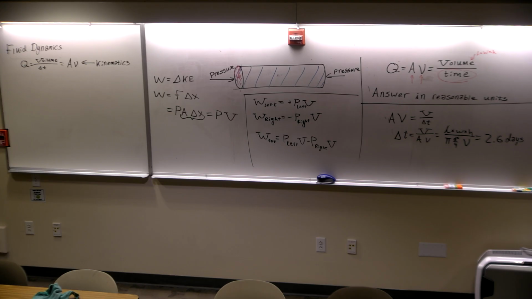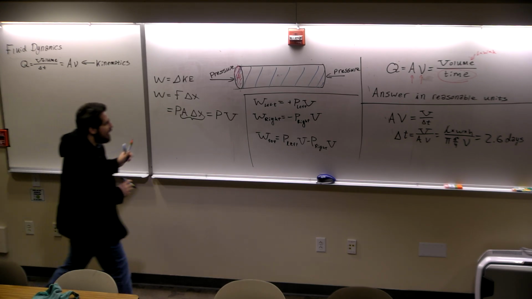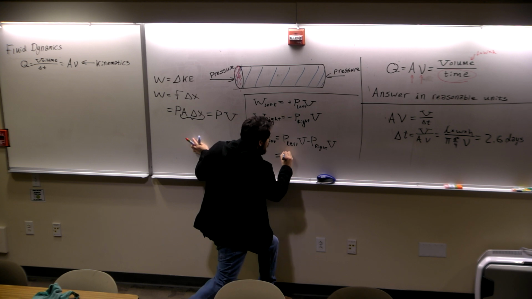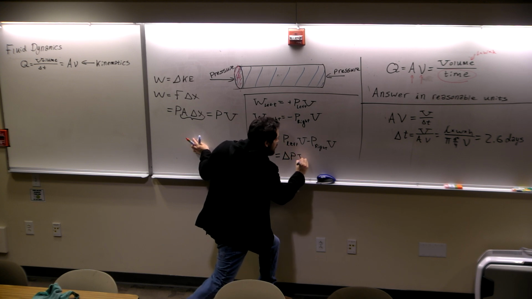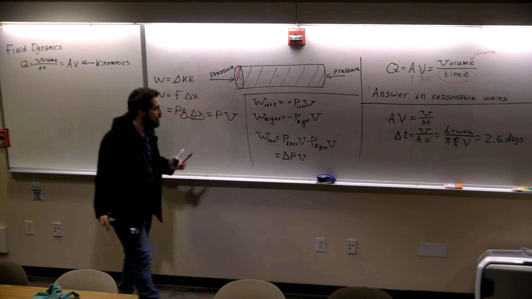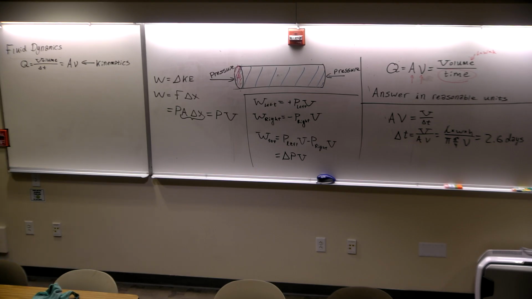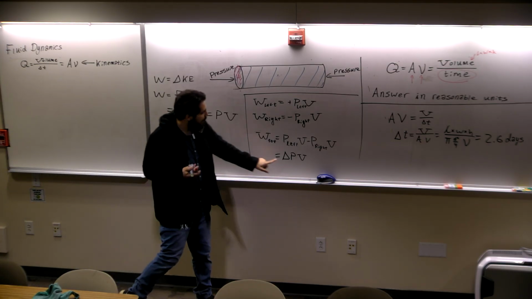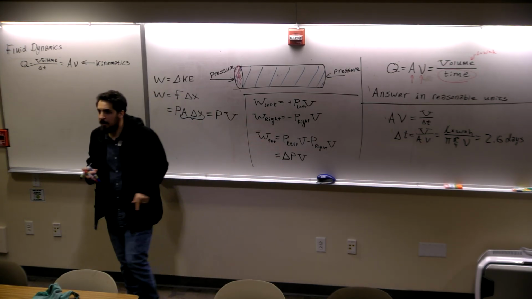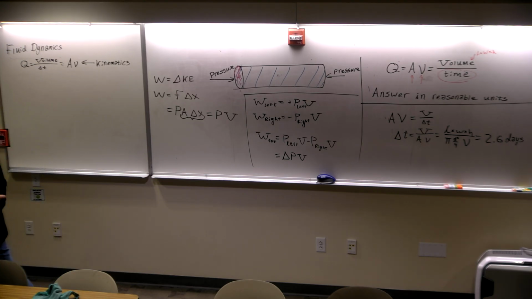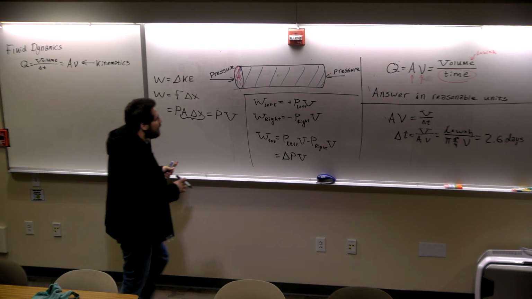Let's go ahead and rewrite that as the change in pressure, delta P, times volume. And again, this tells us that some amount of work is done when we have a change in pressure. And if work is done, then our fluid starts to move. If our fluid starts to move,